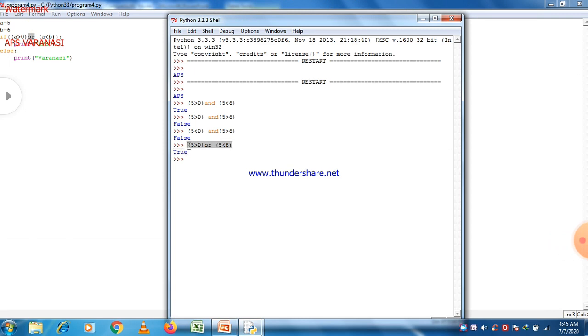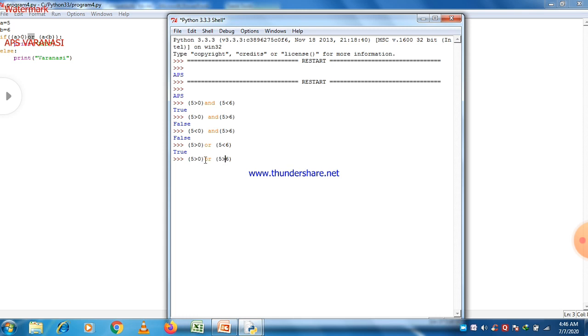Now copy it, paste it again, and let us check another condition. 5 is greater than 0 or 5 is greater than 6, separated by the OR operator.